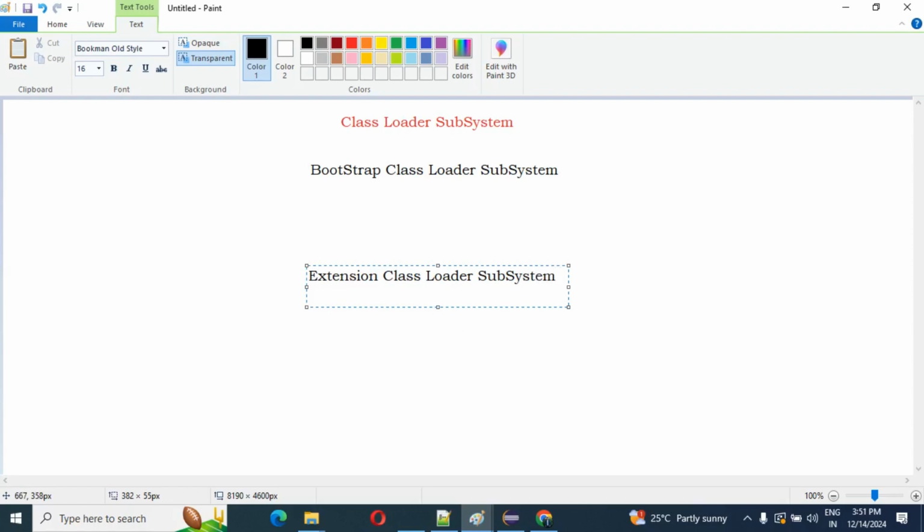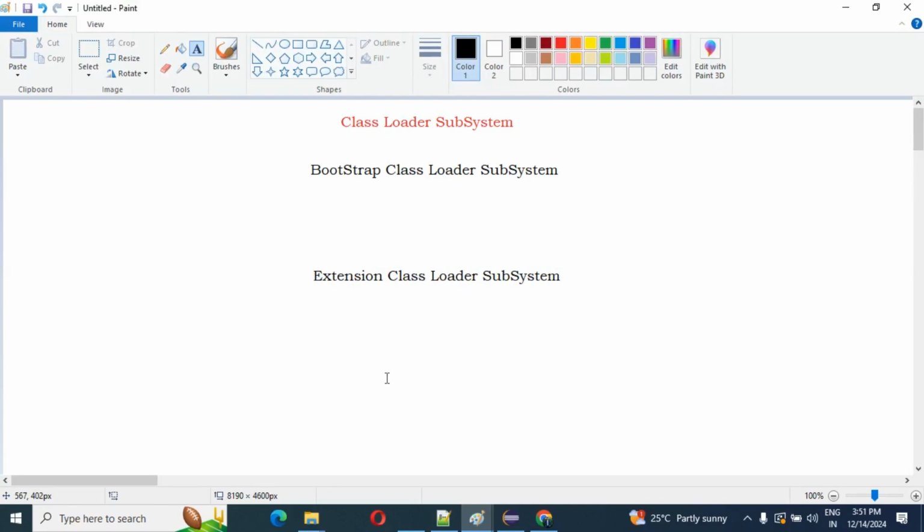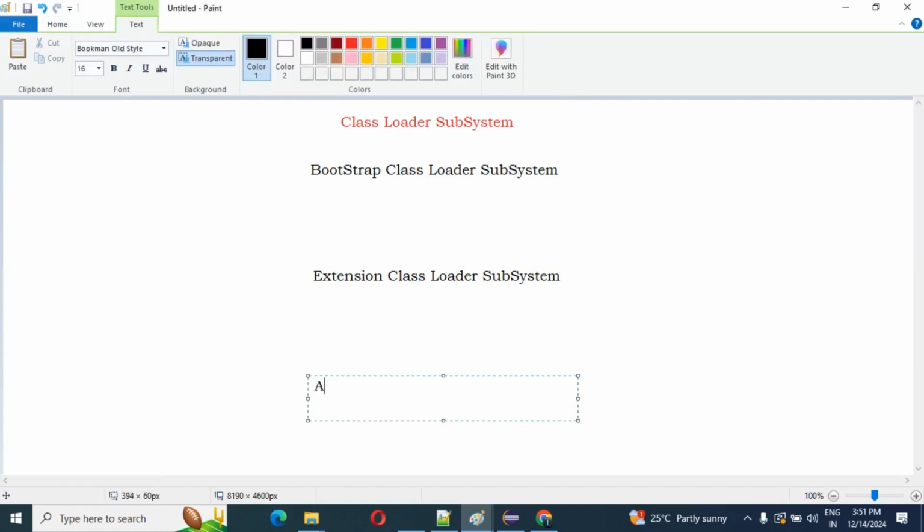Correct guys? Yes. Then last, we have one more class loader subsystem, that is the application class loader subsystem.